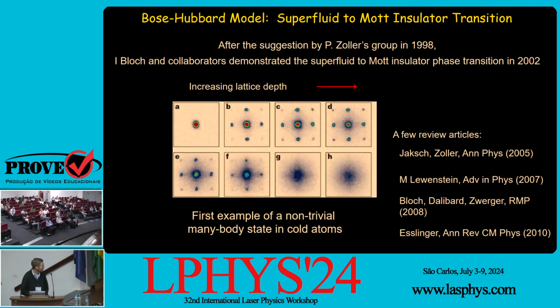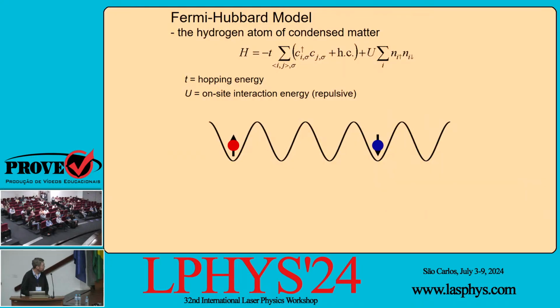So this was the first example, I believe, of a non-trivial many-body state in cold atoms. It was done with bosons, as they say. And what you'd like to do is fermions, because of the connection to electrons. So the hydrogen atom of condensed matter physics, as my advisor Dan Kleppner would say, this is a very simple